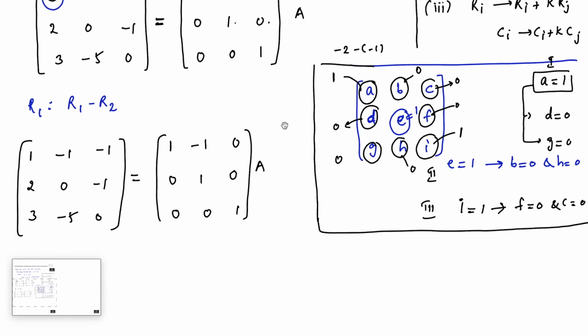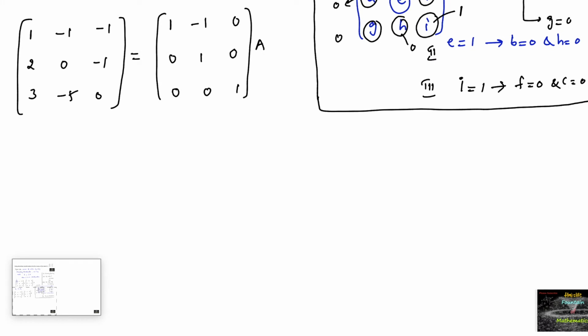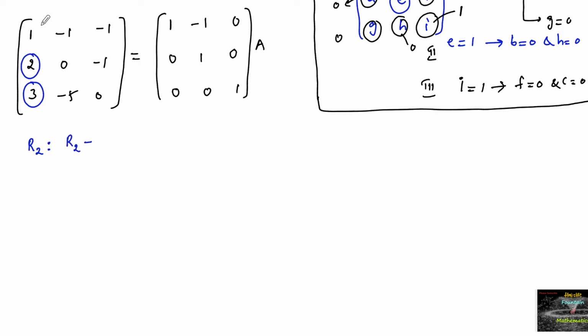Now using this one, we need to make the other two elements 0. Now your target is to make this 0 and the third element, first column, second row and third row, must be 0. So for that, let me apply two transformations. R2 minus, so make use of this R1. So 2 times R1, if I multiply by 2, 2 minus 2 will get 0.